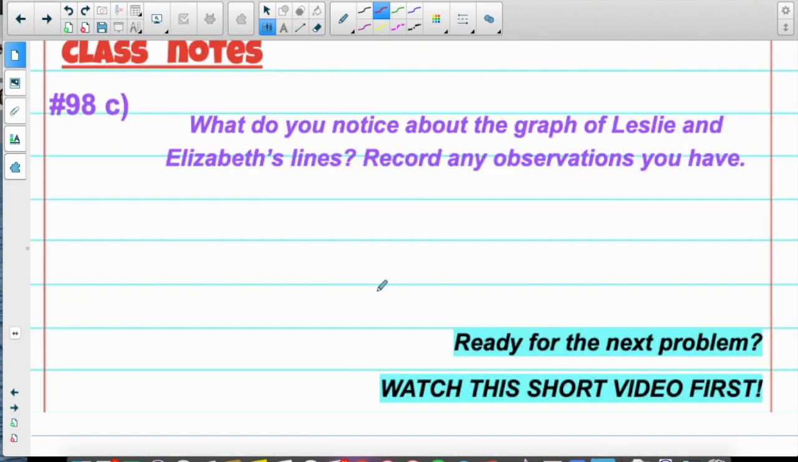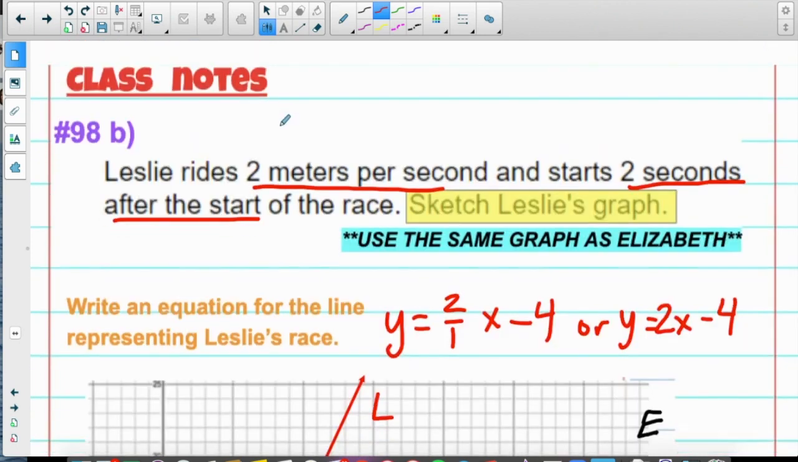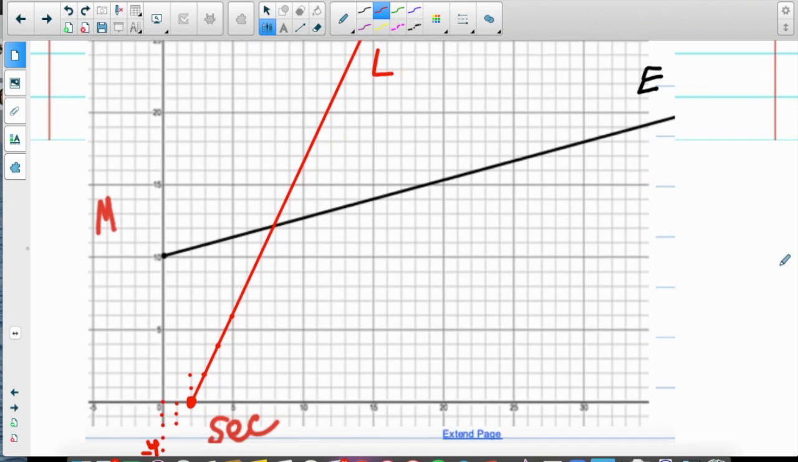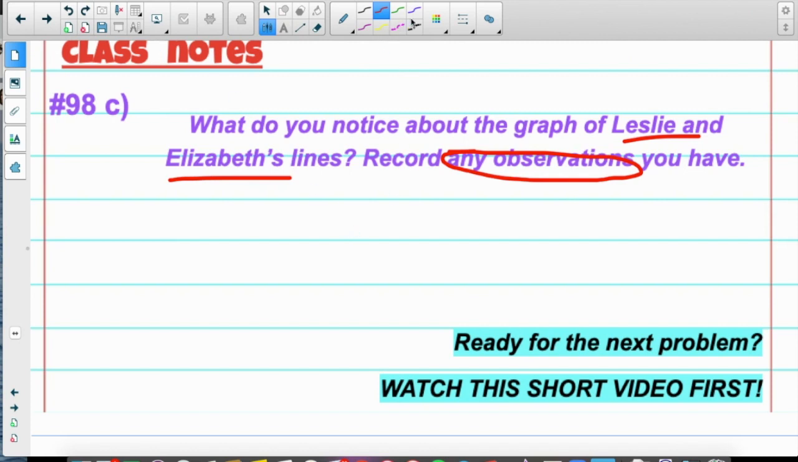All right, our last question before you do some stuff on your own. What do you notice about the graph of Leslie and Elizabeth's line? Any observations that you have? So let's go back and take a second to look at our graph. I'm going to write down a couple things that I saw. This is not an extensive list. You may have observed something that I did not write down on this list. So I'm going to write that